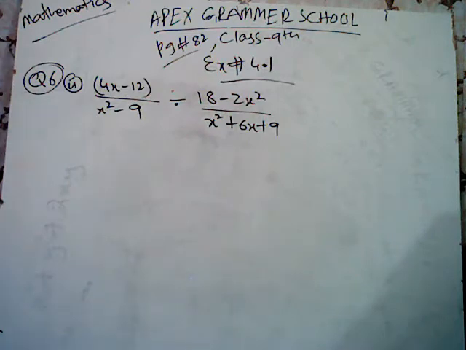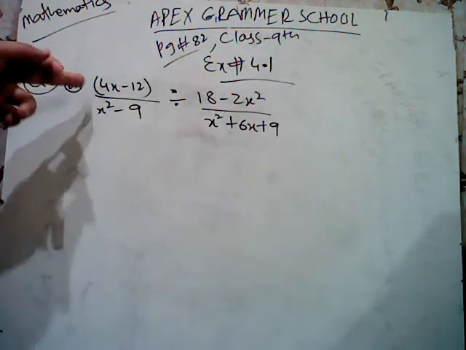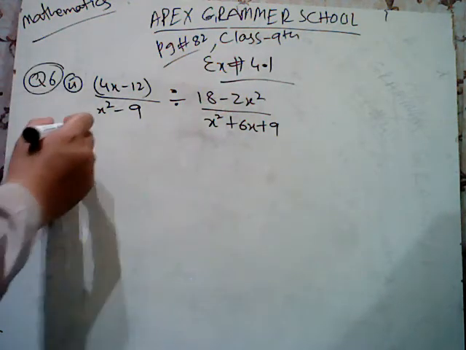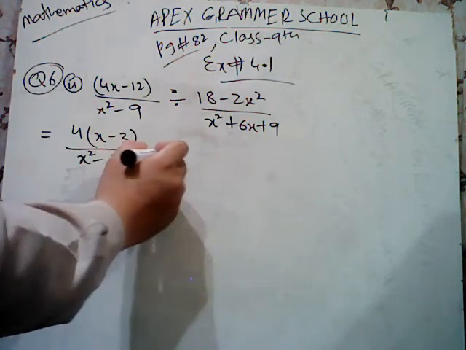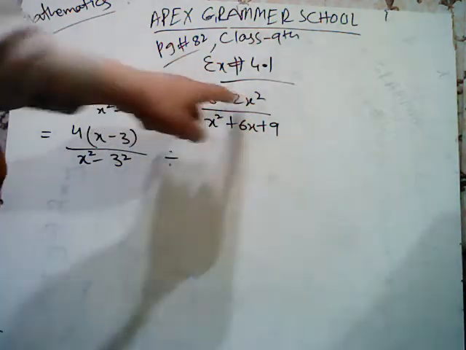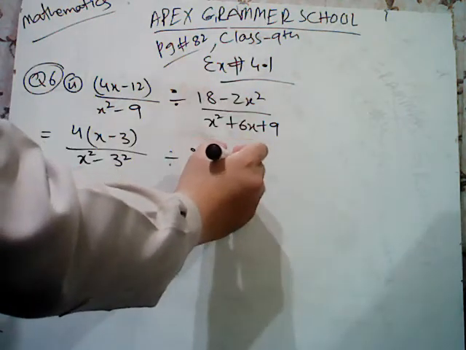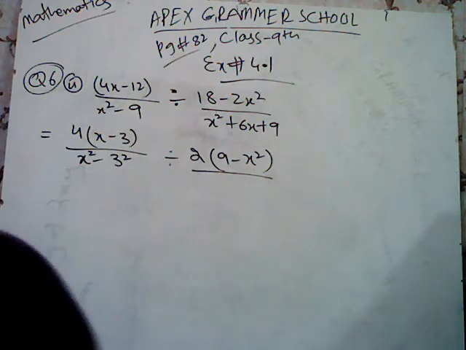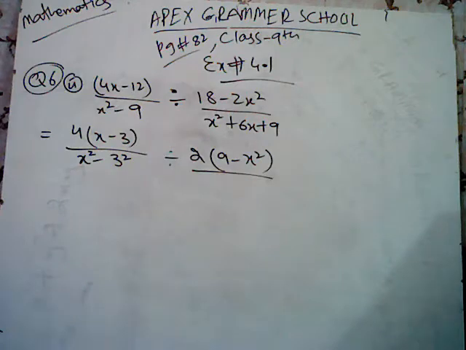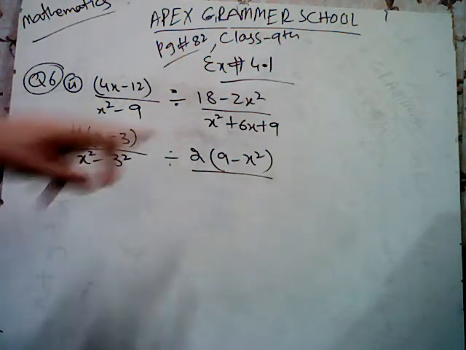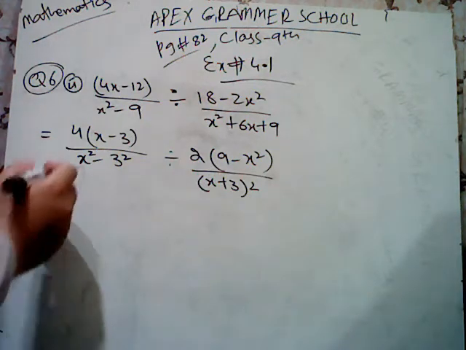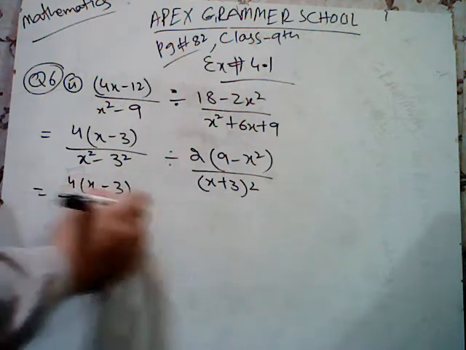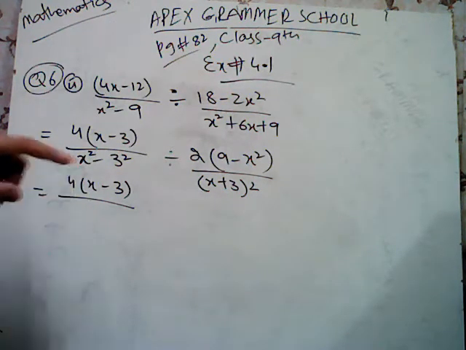Now see which thing is common from numerator. Yes, 4 is common here. You can take common 4 and it becomes x minus 3, and x square minus 9, you can write it as x square minus 3 square. Divide sign, and you can take 2 common from here and it becomes 9 minus x square. And you already know that in previous lectures, in question number 5 of exercise 4.1, x square plus 6x plus 9 is basically x plus 3 whole square. So now 4 into (x minus 3), you can open this formula x square minus 3 square as (x plus 3) into (x minus 3),